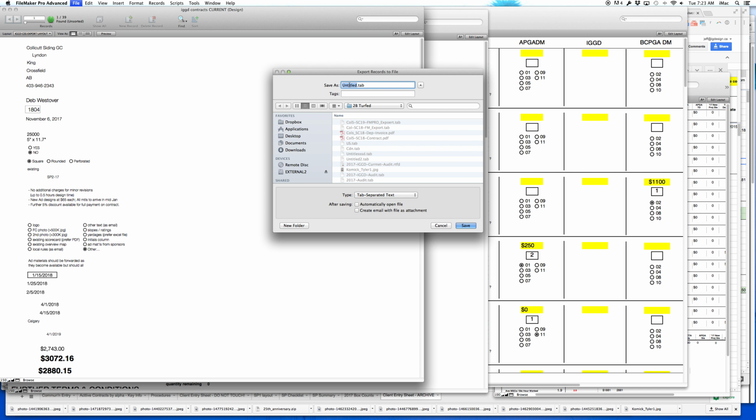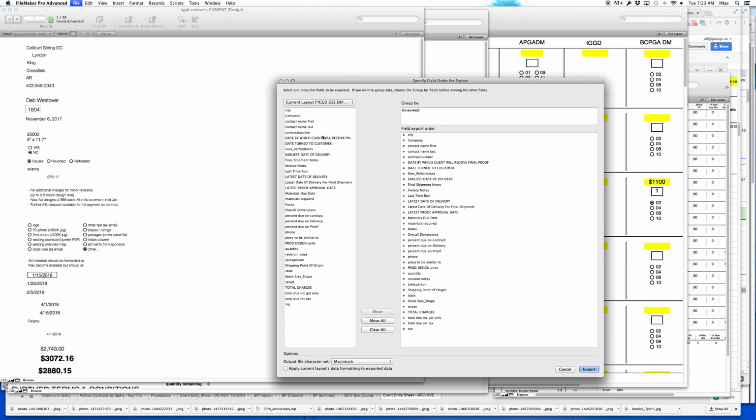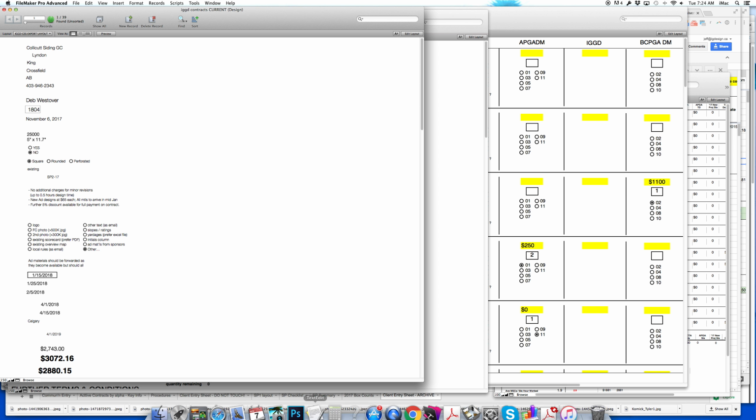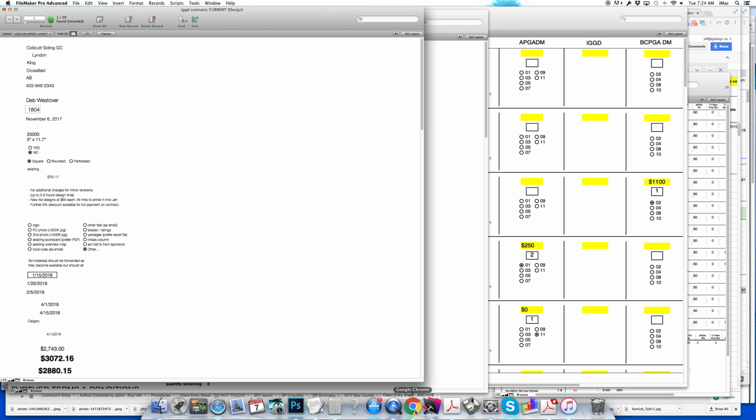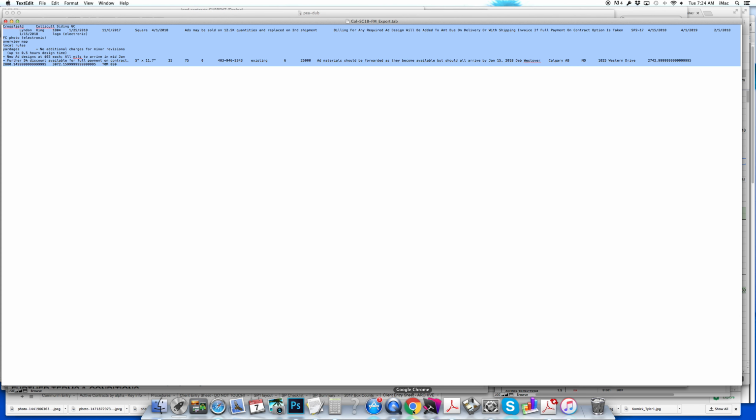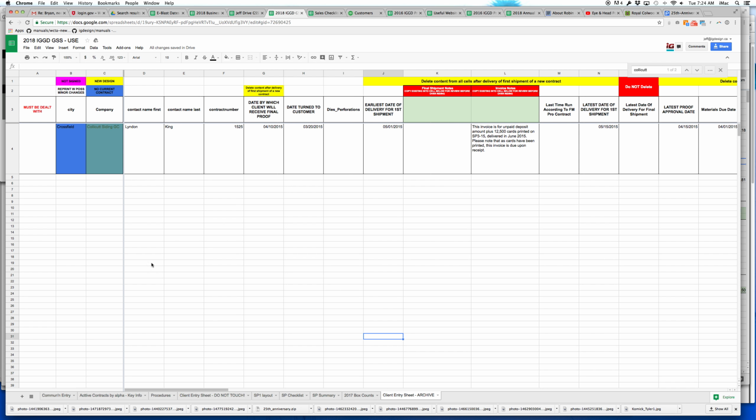In this case it will be called COL capital S hyphen SC 18 hyphen FM Pro export. Hit save. You take all of these variable fields, move all, and then hit export, and off they go. You then open them in TextEdit, which I've already done here. Then you copy that, go over to the